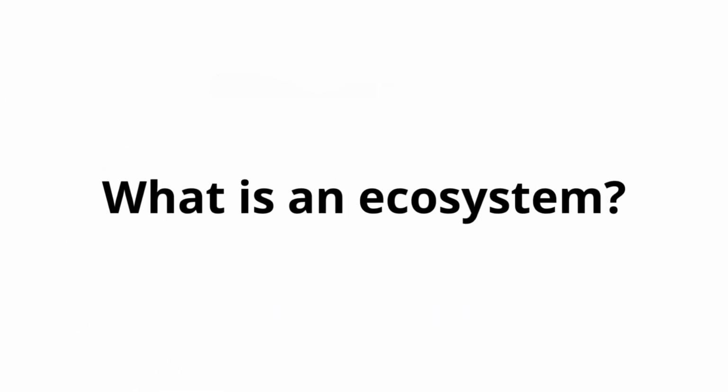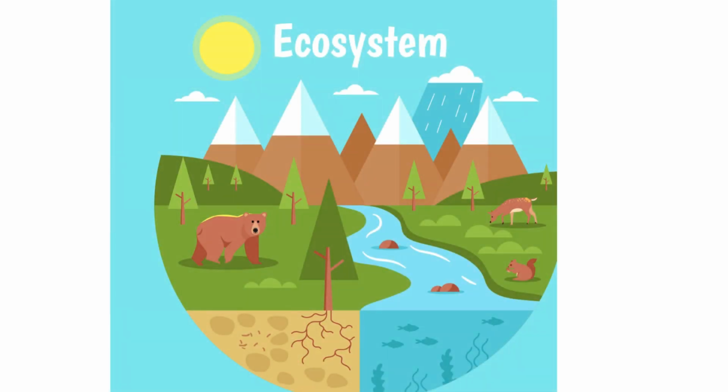What is an ecosystem? An ecosystem is the junction of a community of living organisms and their interaction with the environment where they live in. So, ecosystems are composed by the biotic component, living organisms, and the abiotic component, the environment. Ecosystems can be large, such as the Amazonian rainforest, or very little, such as a drop of water containing microorganisms.